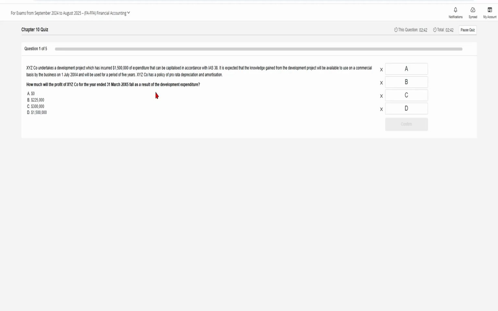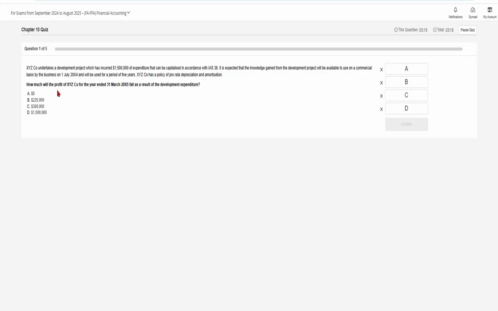And when have they said this cost needs to be capitalized? The date has not been mentioned, but they are expecting to use this in the business on a commercial basis, the knowledge that they have gained, from 1st July 20x4. So that means July, August, September, October, November, December, January, February, March. It's only 9 months. So we will only show 9 months of amortization in the current year ended 31st March 20x5,